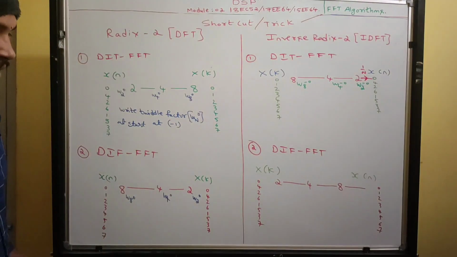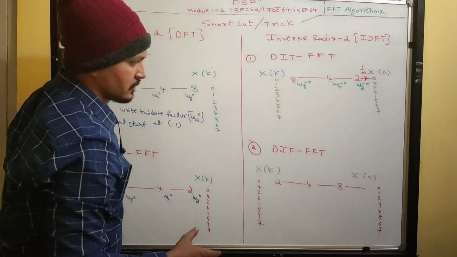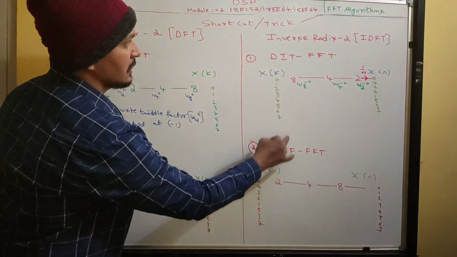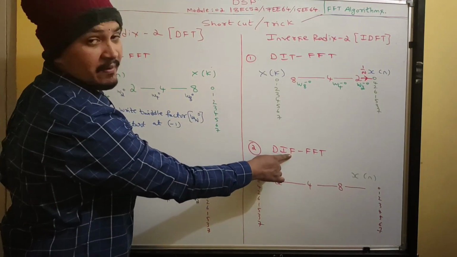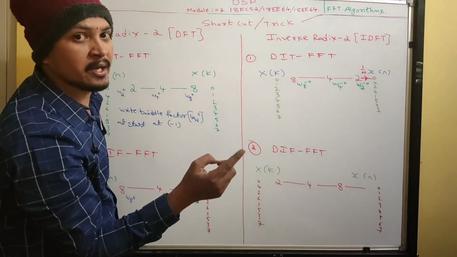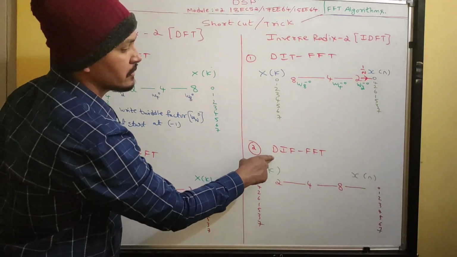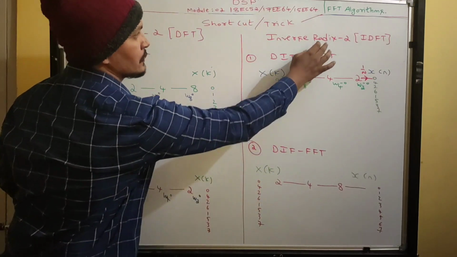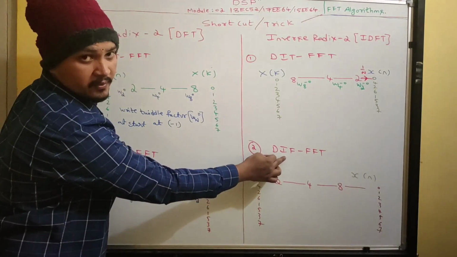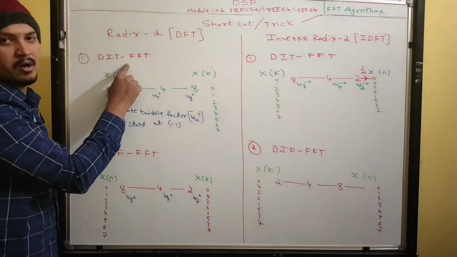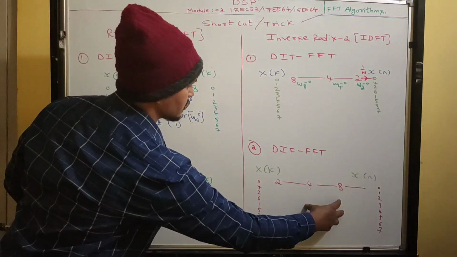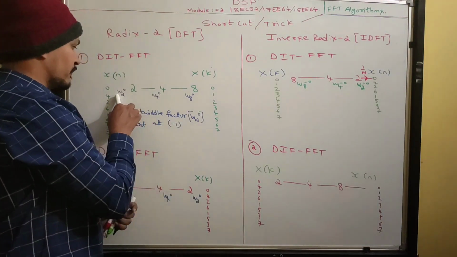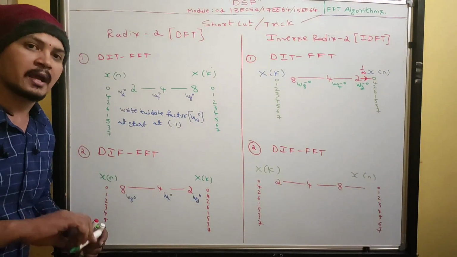Okay. Where should I write twiddle factors? You should write twiddle factors at the starting only. Why? See, inverse. Now what is the inverse of frequency? 1 by f. What is 1 by f? Time. If I do inverse on this, inverse operation is already done on this, then it becomes only radix-2. Inverse of frequency is time, therefore it becomes DIT. So this one and this one both are the same. So therefore you should write twiddle factors at the starting only, but with negative powers.